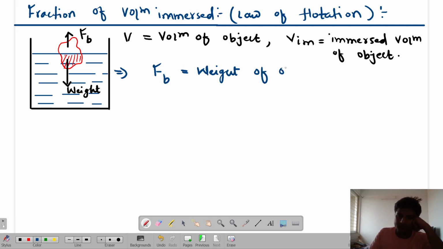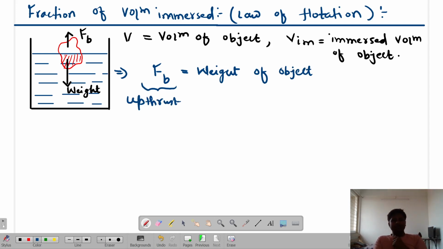This buoyancy force is sometimes also called as upthrust. What it is called as? Because the net force is in which direction due to the liquid surface when the object is in contact? Upward direction. Are you able to get me? So buoyancy force is equal to how much? It is rho of the liquid into volume immersed